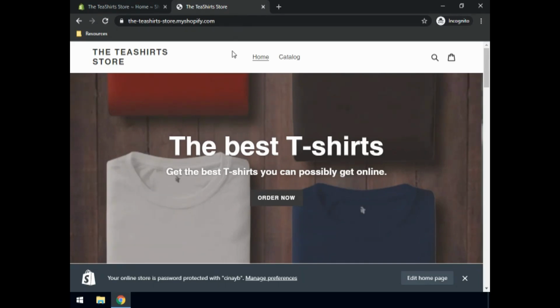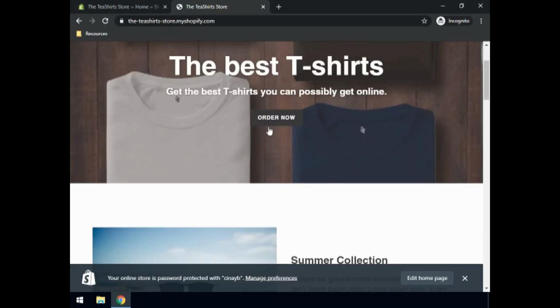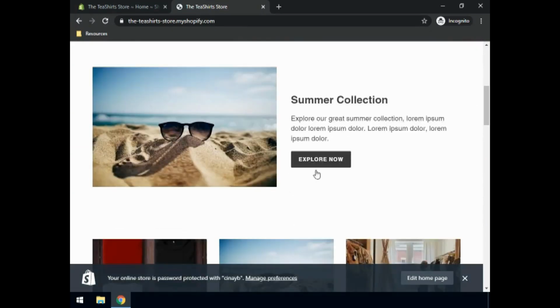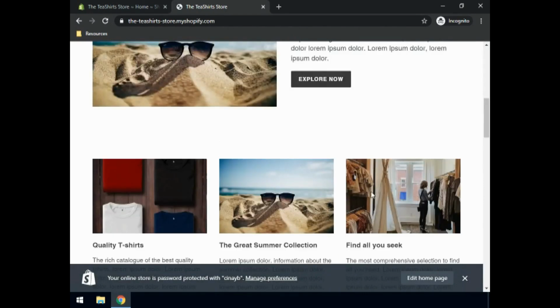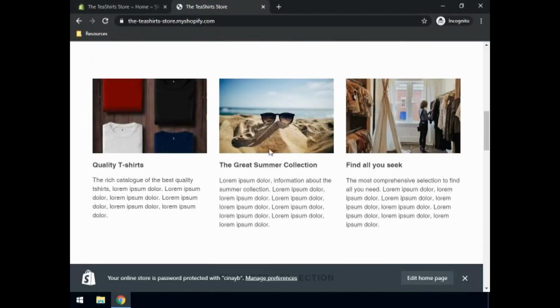Let's have a look at what your final product will look like. At the end of this project, you will have built a storefront for your own e-commerce activities with Shopify. We have imagined a t-shirt store that is selling t-shirts made with a tea byproduct. So there's a fun brand of t-shirts, and you have a whole storefront with a cover and your summer collection with an Explore Now button to highlight a few sections with blogs and activities or other sections of your site